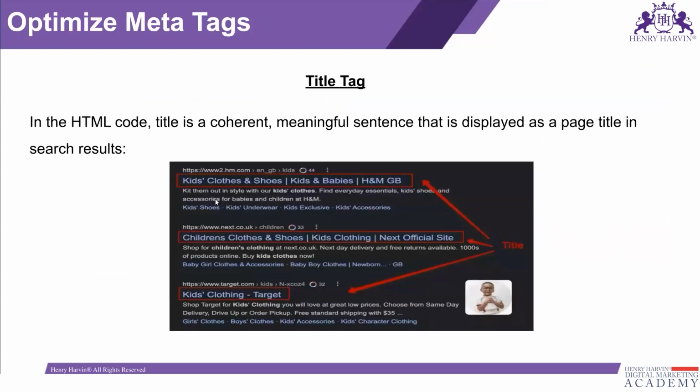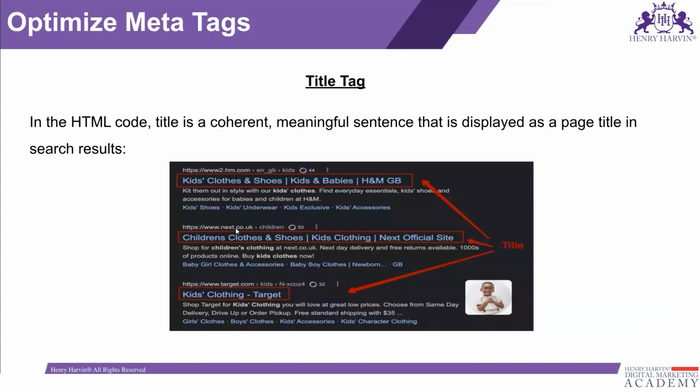Okay, so use kids clothes for one, then shoes, then kids and babies. Same goes here, like kids clothing, and they use children's clothes and shoes, the synonym of kids. Try to use synonyms, and if the high ranking keyword was kids clothing, then definitely children's clothes is also high. Okay, because